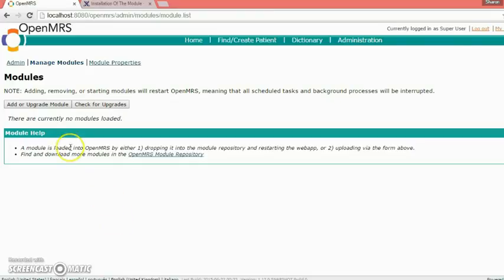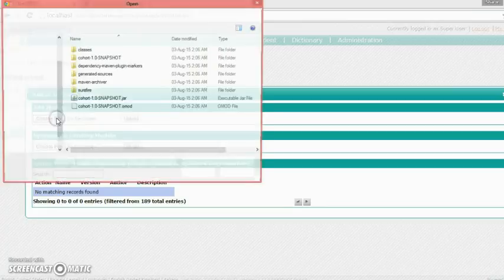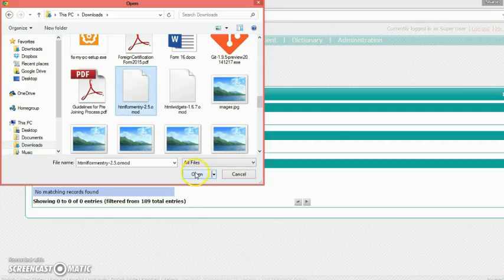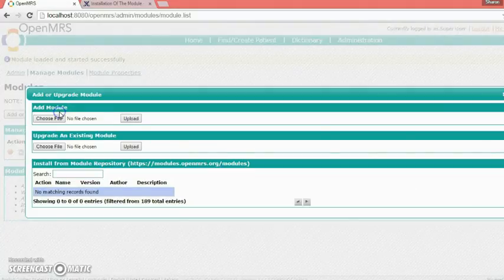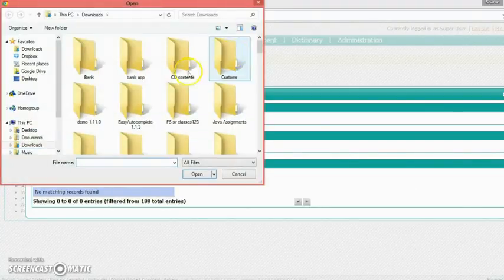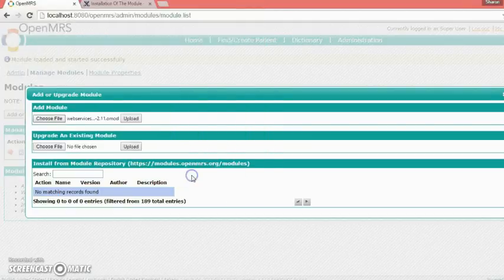So to add the modules, let's click on Add Module, choose File, let's click on HTML form entry 2.5, upload it. Similarly, for the REST module, we'll be using 2.11 version.